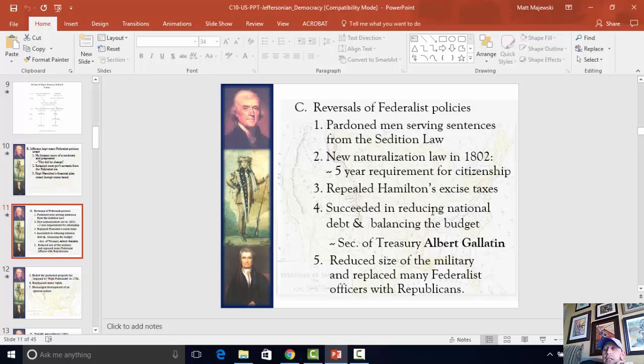How did he do that? Well, he reduced the size of the military. All right, he cut the army size in particular. Now, there's a couple of reasons for that. One, he saw no reason for there to be a peacetime military. Secondly,